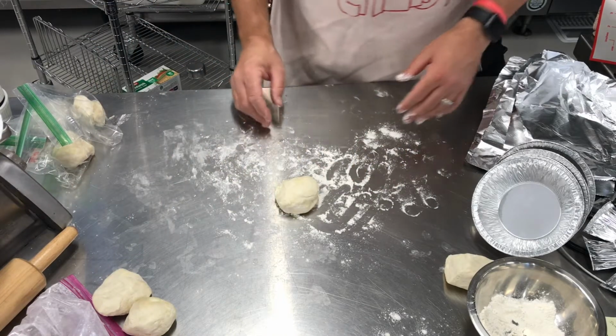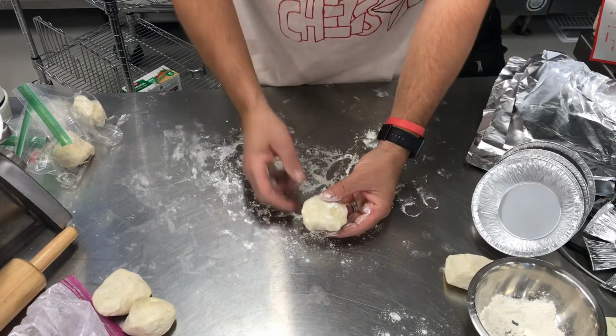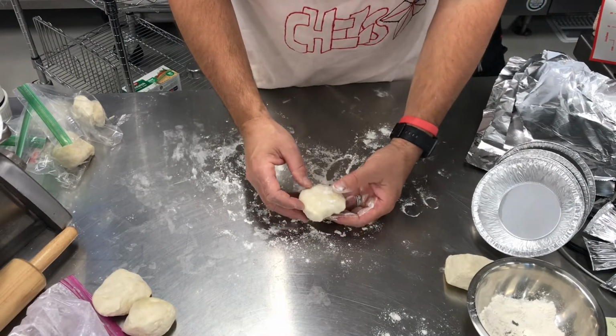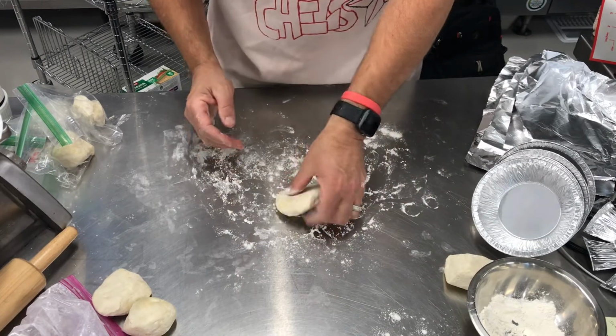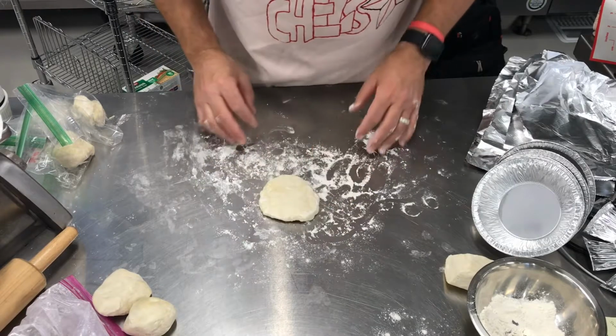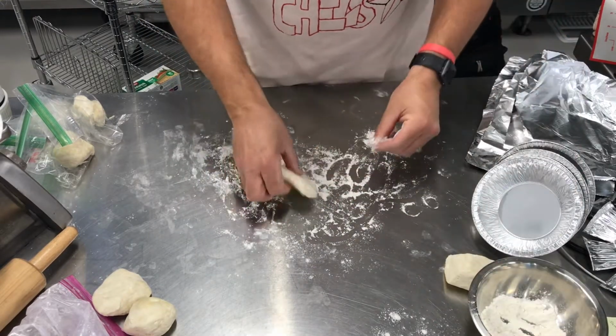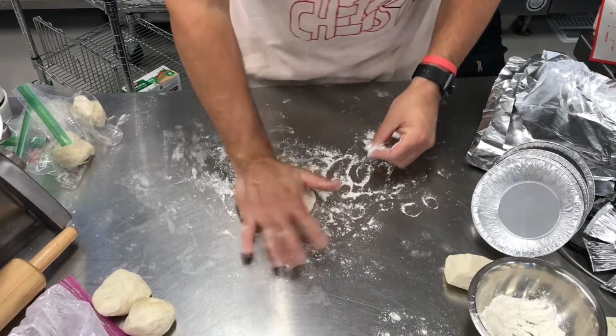Okay, our dough ball hopefully has been rounded a little bit, and it's still chilled and cold coming out of the fridge. You can see chunks of butter here, there, and everywhere. This is a pie dough that was made with like 3 parts butter and 1 part shortening, I believe, the ratios. Okay, so what I'm doing first is using the palm of my hand to kind of flatten it out